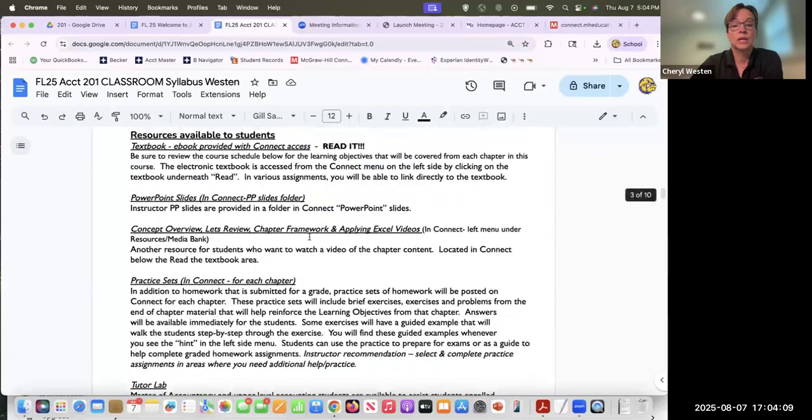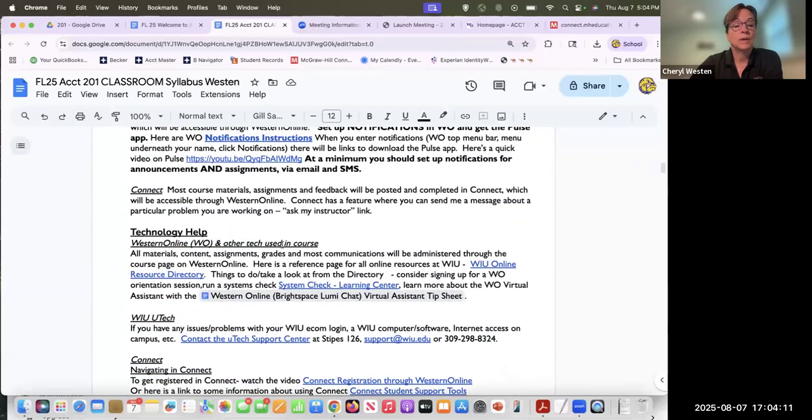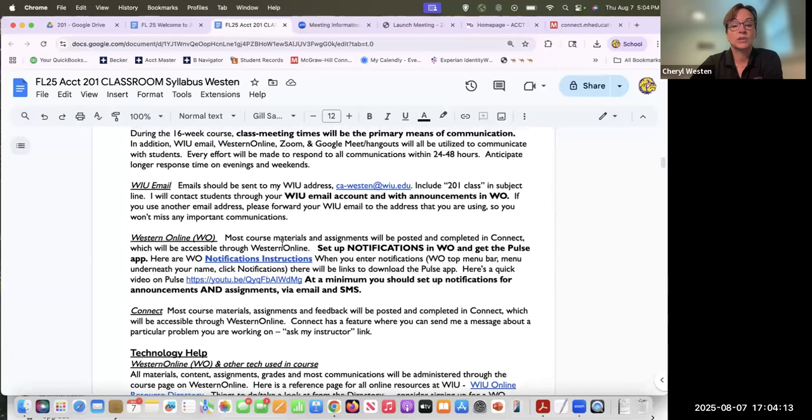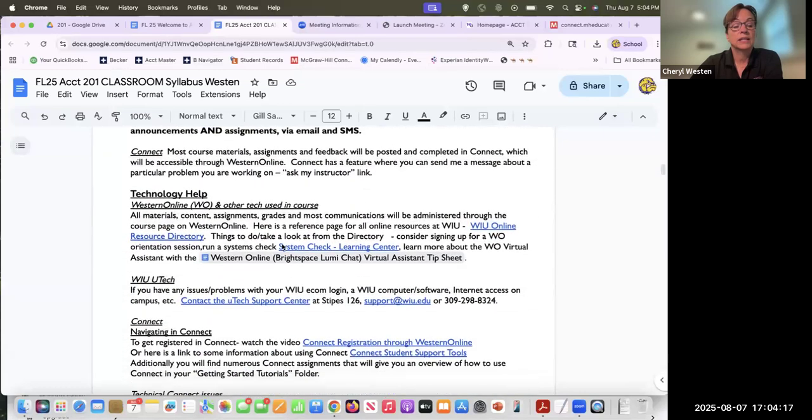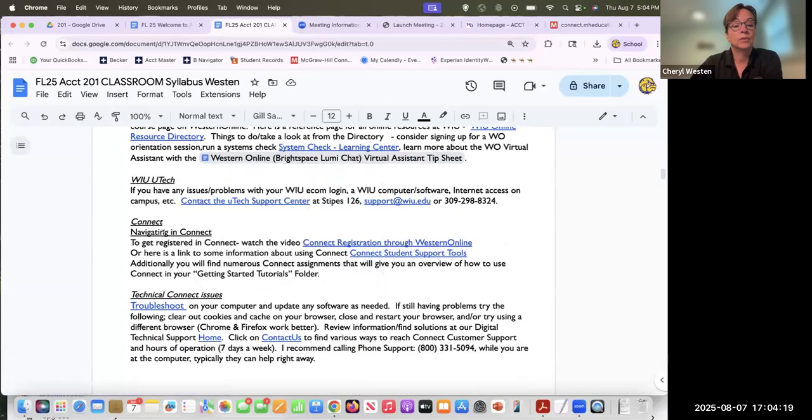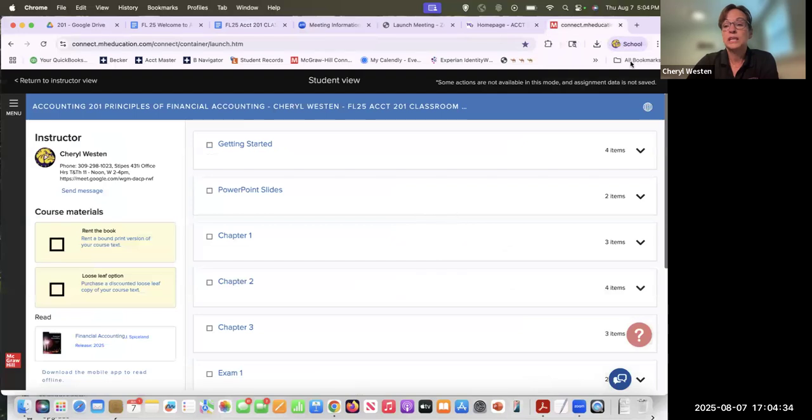enter in a code. And if you're not sure about how to get registered in Connect, if you go back to your syllabus, there is a section where I talk about navigating Connect. There's a little video that you can click on, this Connect registration through Western Online. You can click on that and see how to get registered in Connect. But I do want to take you to what your Connect is going to look like so you're familiar with